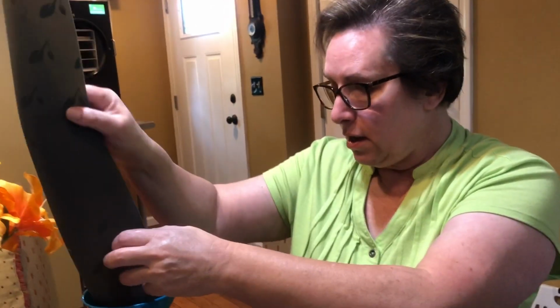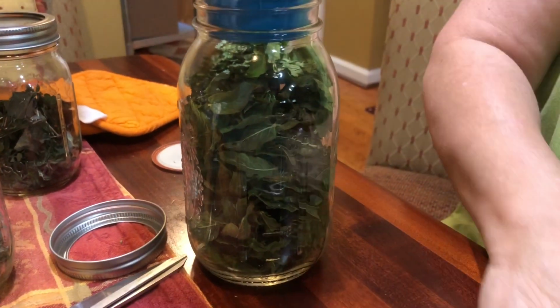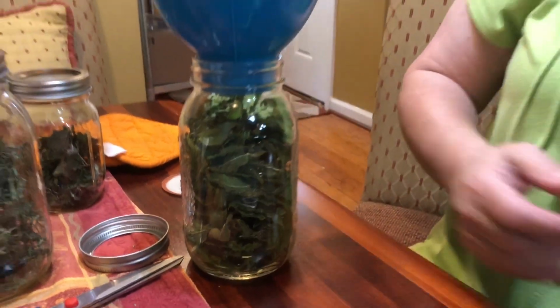Mint is not something that you want to put in the ground, because it'll take over. If you've got a lot of land and you can do that, terrific. But if you don't, I definitely wouldn't put that in the ground. You might have to cram that down in there to put the other tray. So